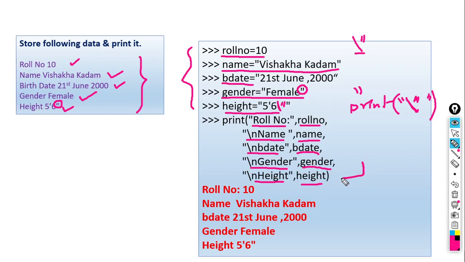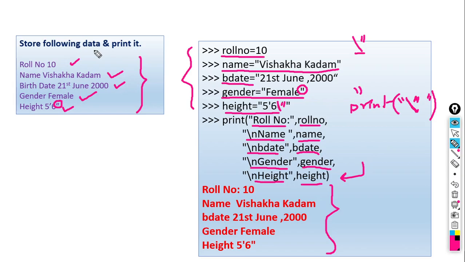When we execute this by pressing enter, it will get executed and we will get output like this: roll number 10, name Vishakha Kadam, bdate 21st June 2000, gender female and height 5 feet 6 inch.